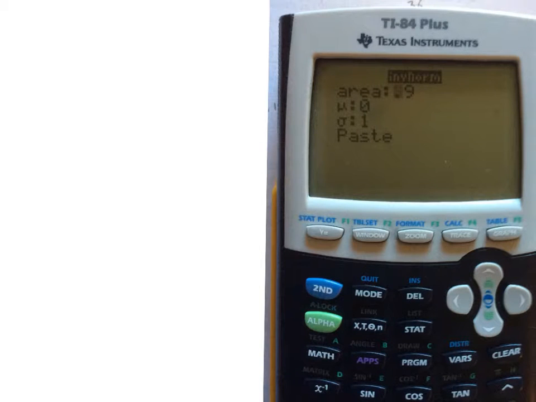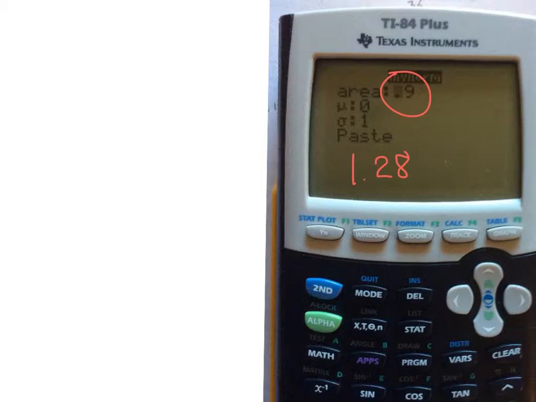Okay, so here's your hint. Let's use inverse norm on the calculator. Now, if you're kind of like, oh, right, inverse norm. Yeah, what is that again? So the inverse norm tells us, say, for the 90th percentile, how many standard deviations above the mean the 90th percentile is. So if you plug this into the calculator, it gives you